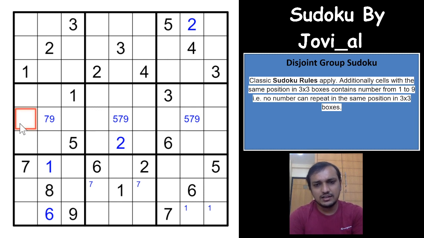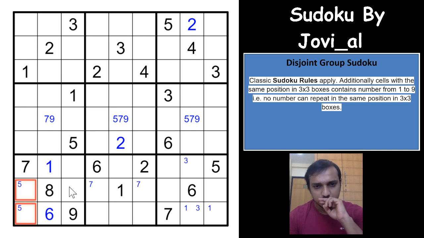And let us see if we get anything else with that. So okay, I can see a 3 and a 3 here. That gives you a 3 in one of these 3 cells, and I don't see any 3s there. Okay, you cannot have a 2 here, you cannot have a 2 here, you can have a 2 here. Okay, I can have a 5 in one of these 2 cells. That doesn't give you much.